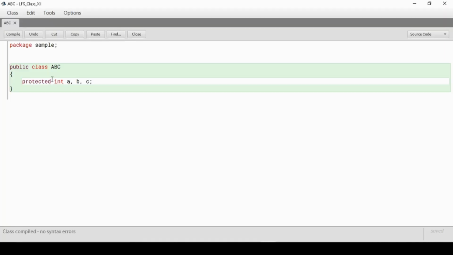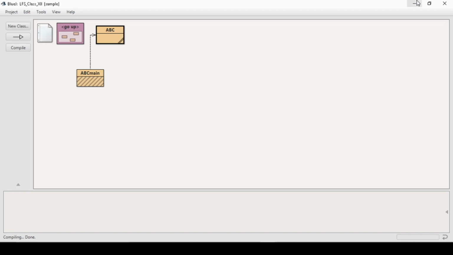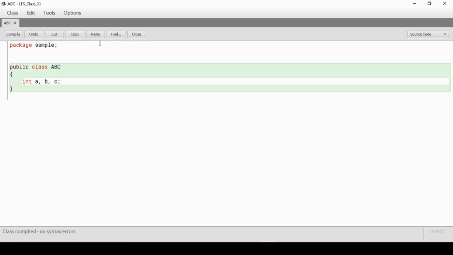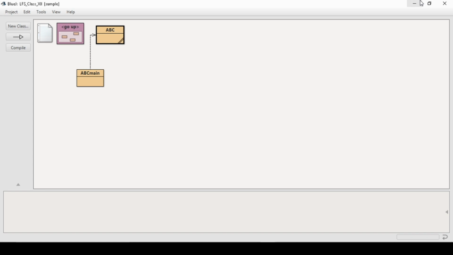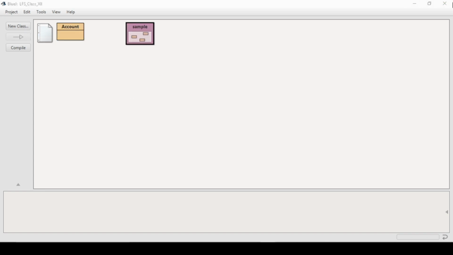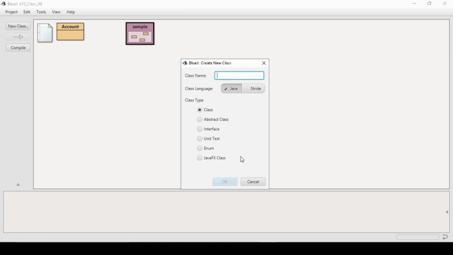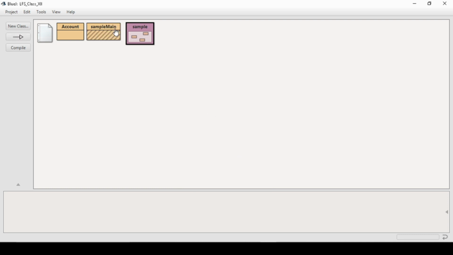Now the last one, let's keep it default. Of course, if public is accessible, protected is accessible, I hope, and of course default is accessible. So you can see all the public, protected and default members can be accessed with the object inside the same package. Now let's go outside the package here.